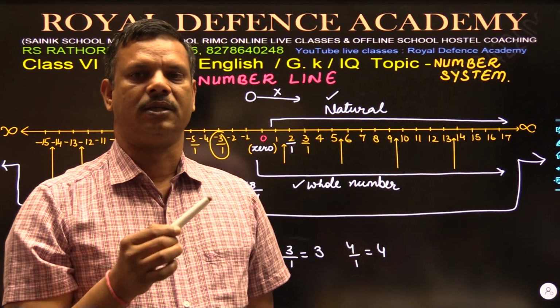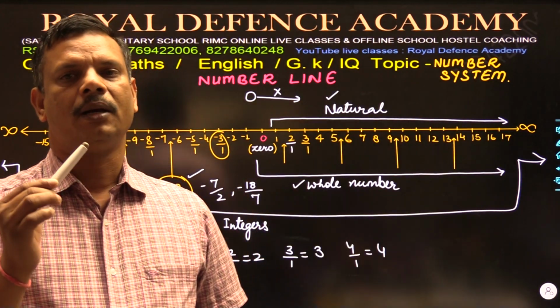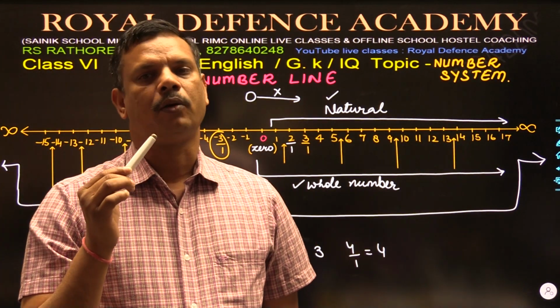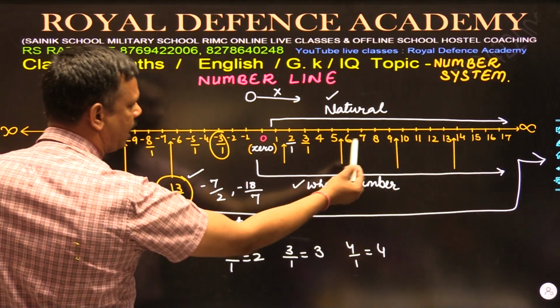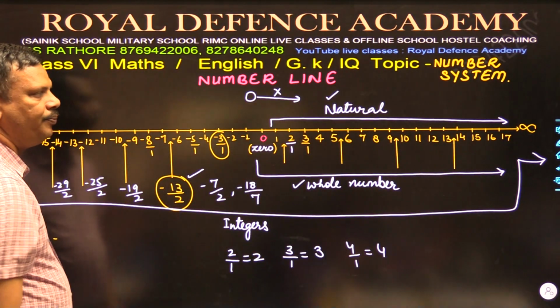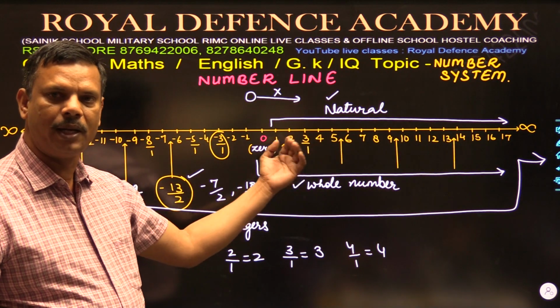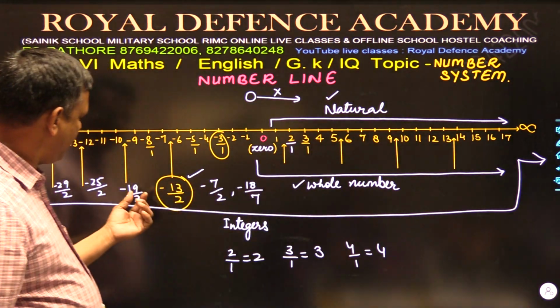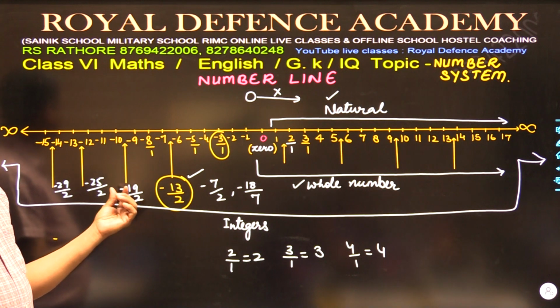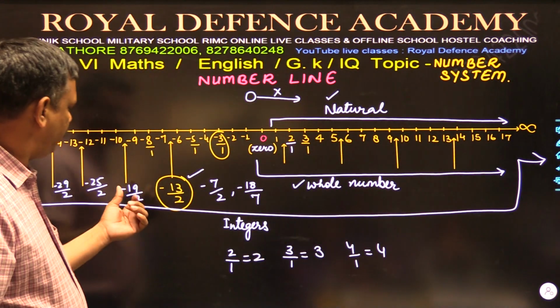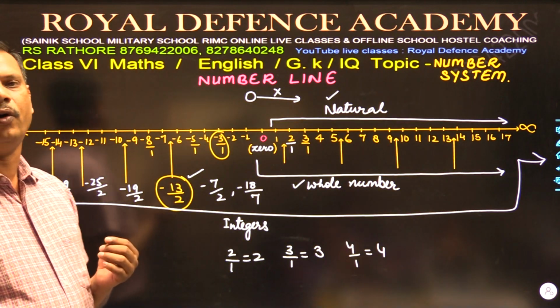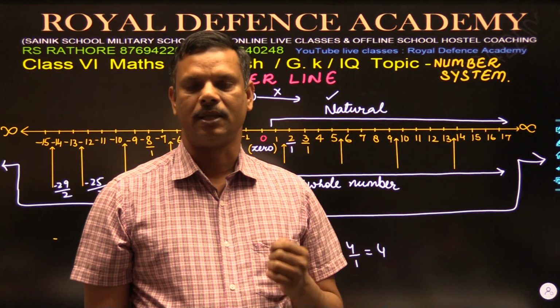Then what is the difference? The difference is that rational numbers are numbers in p by q format. That means all the numbers that have 1 as a denominator, so these numbers are natural numbers, whole numbers and integers. But a number like 19 upon 2 is a rational number, and it is not an integer. So fractional numbers which are written in p by q form are called rational numbers.